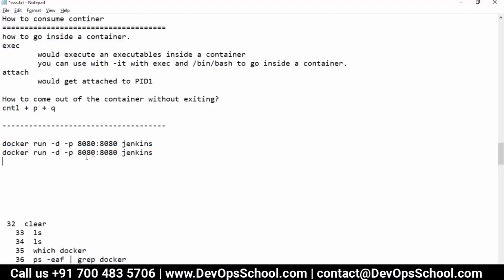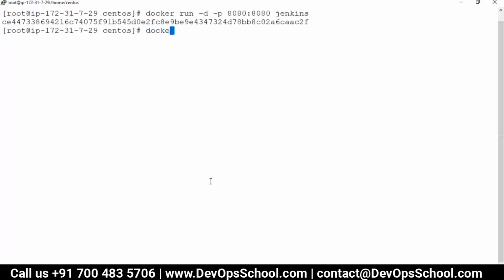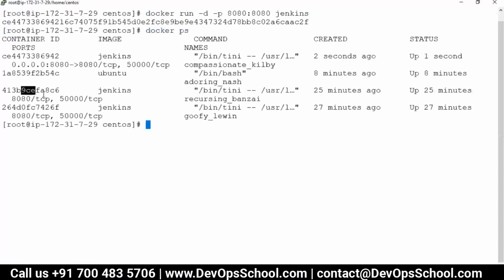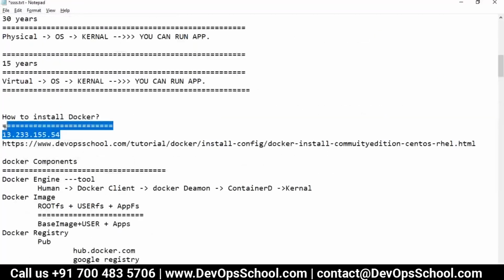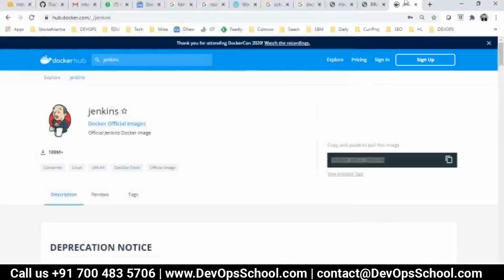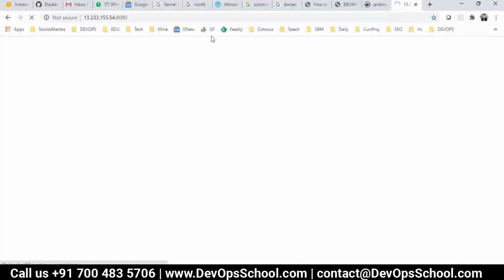For the next container, if I use 8090, you have to change the external port, which is the host machine. This is the host machine port, this is the container port. Again, this is the host machine, this is the container port. So -p will create a proxy automatically in Docker. Here it is created. docker ps. Look at this container: you have one without proxy, and this container with port forwarding from 8080 to 8080. What is the host IP address? The host IP address is this one, and 8080. See here.